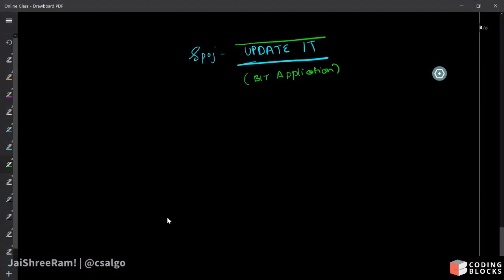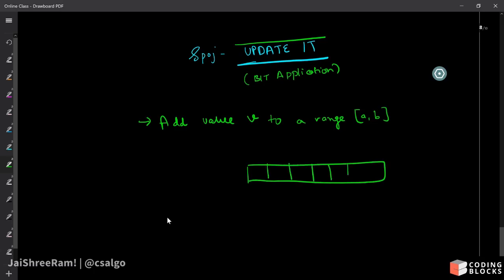ओके, तो लेट मी डिस्कस कि कैसे करेंगे इसको, ठीक है। सो आइडिया इज़ हमें एक वैल्यू ऐड करनी है, ऐड वैल्यू v टू अ रेंज a टू b, इस रेंज के अंदर या L टू R, ठीक है। तो कैसे कर सकते हैं, राइट। अगर मैं बोलूँ मैंने एक BIT बनाया हुआ है जो क्यूमुलेटिव सम स्टोर कर रहा है, राइट। तो अगर हम बोलें कि लेट से ये इंडेक्स a टू b है और a पे मान लो पहले वैल्यू 10 पड़ी थी, अब हमें 15 करनी है, राइट, या जो भी है +v करना है हमें, राइट। तो वी नो कि अगर हम अपडेट कॉल करते हैं अपने BIT पे और इसको इंडेक्स a देते हैं और यहाँ पे हम वैल्यू देते हैं +v, राइट,